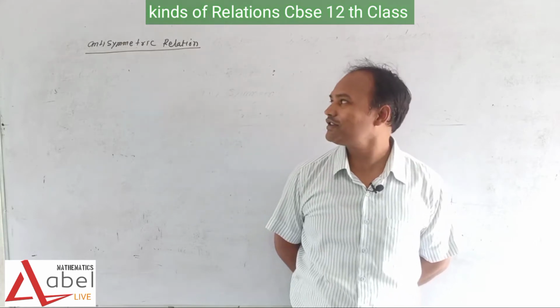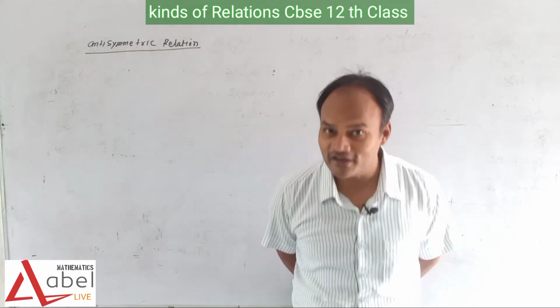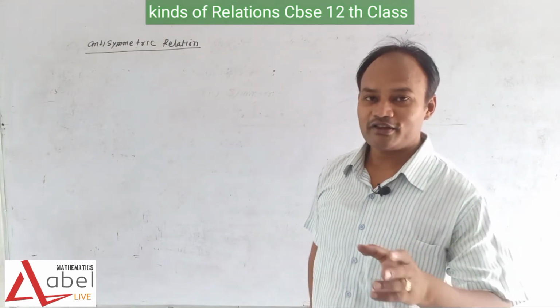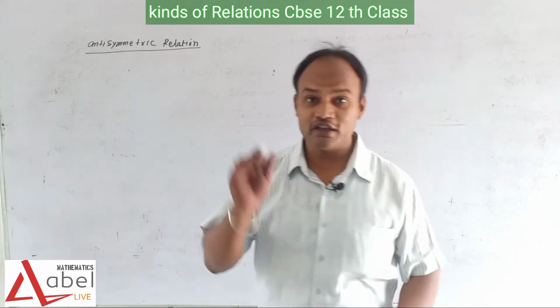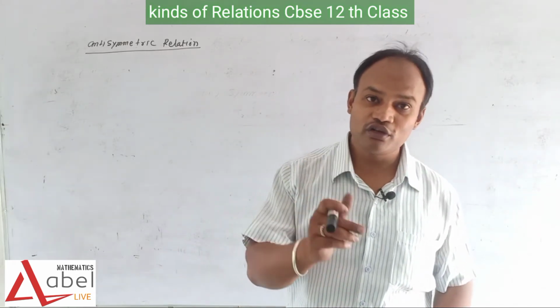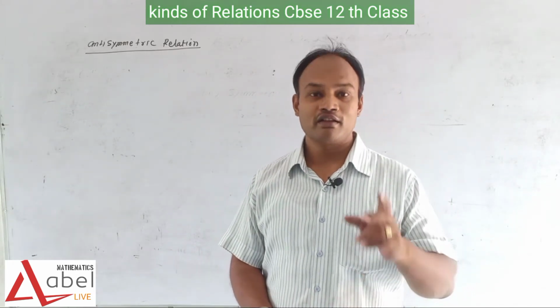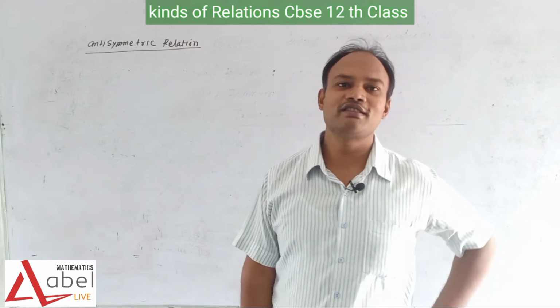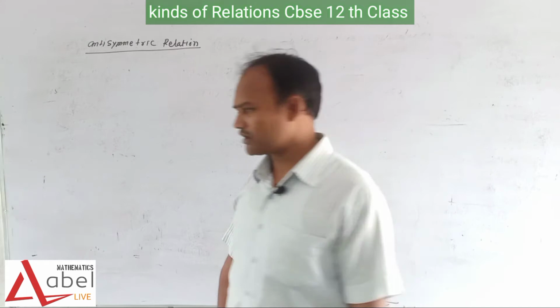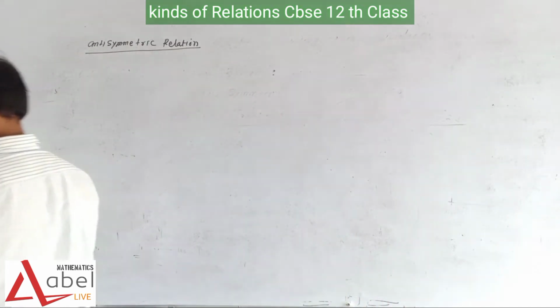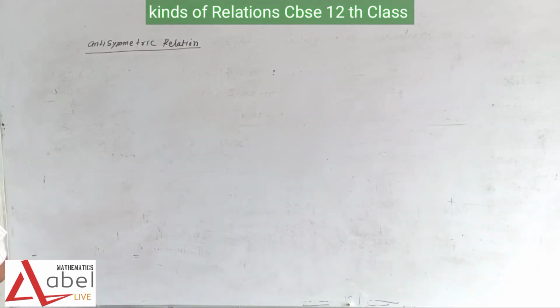When we are talking about the anti-symmetric relation, we can say that if A is related to B, then B is related to A, if and only if A equals B. So what is the anti-symmetric relation? When we are talking about the mathematical definition, we can say